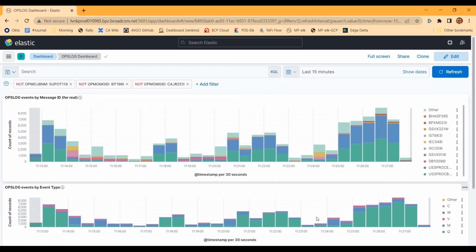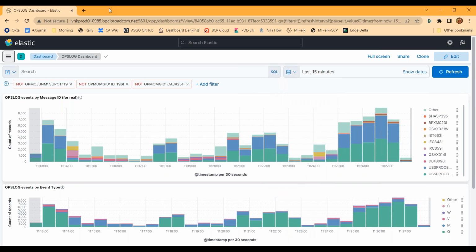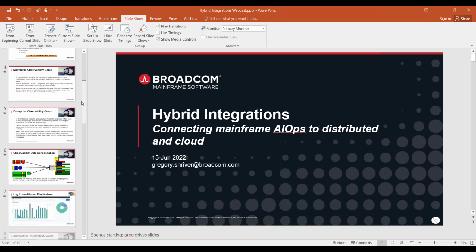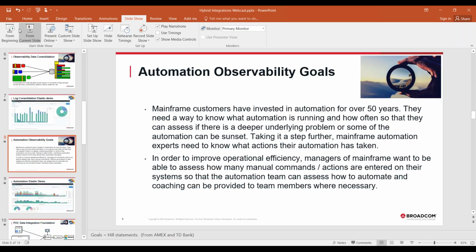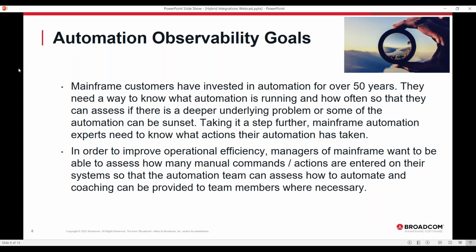So what I'd like to do, since we are on OpsLog, is go back to the pitch for a second. All right. And this is admittedly a teaser, right?